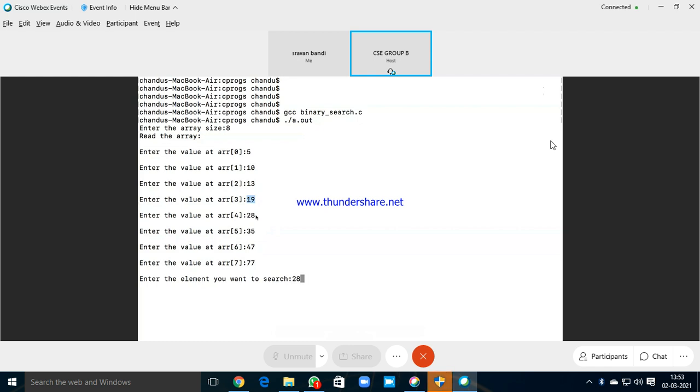Low is 4, high is 4 and mid is 4. So we have located the element. How many elements did we compare here? We compared with 19, with 35 and then 28. Only in 3 comparisons we could directly locate the value. Are you able to visualize, ma?